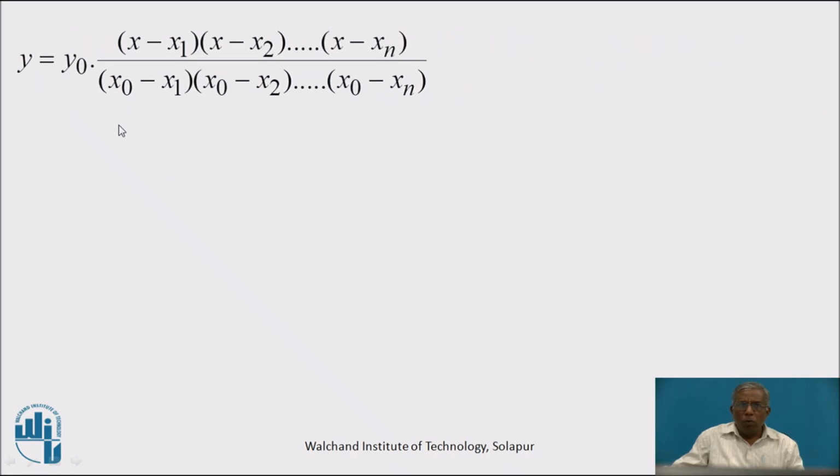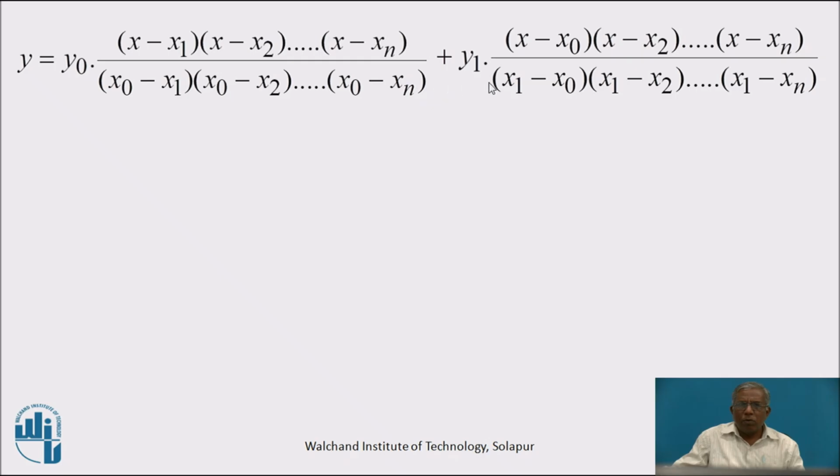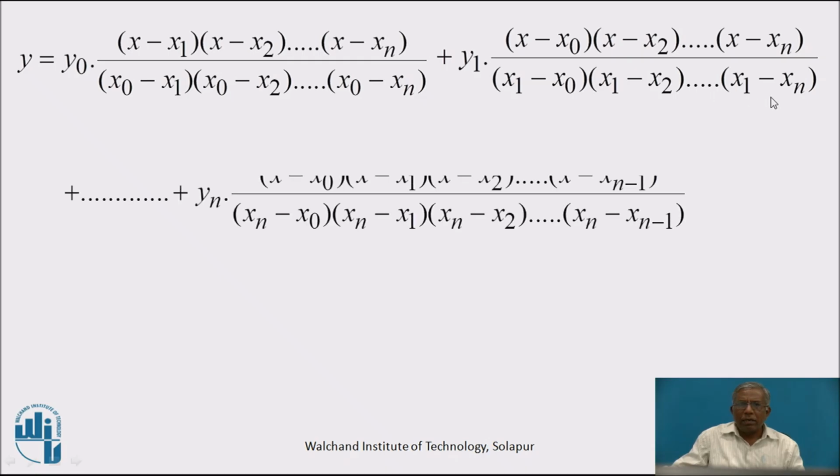y equal to y0 into numerator in bracket x minus x1 into bracket x minus x2 into and so on up to bracket x minus xn, divided by bracket x0 minus x1 into bracket x0 minus x2 into and so on up to bracket x0 minus xn, plus y1 into numerator bracket x minus x0 into bracket x minus x2 into and so on up to bracket x minus xn, upon bracket x1 minus x0 into bracket x1 minus x2 into and so on up to bracket x1 minus xn, plus and so on, plus last term